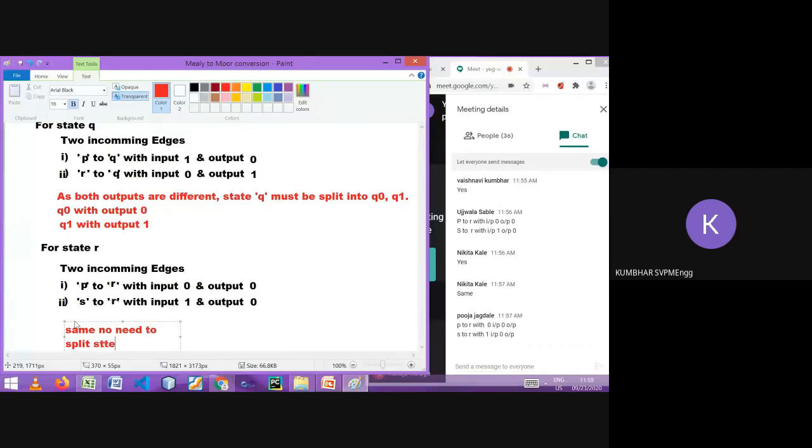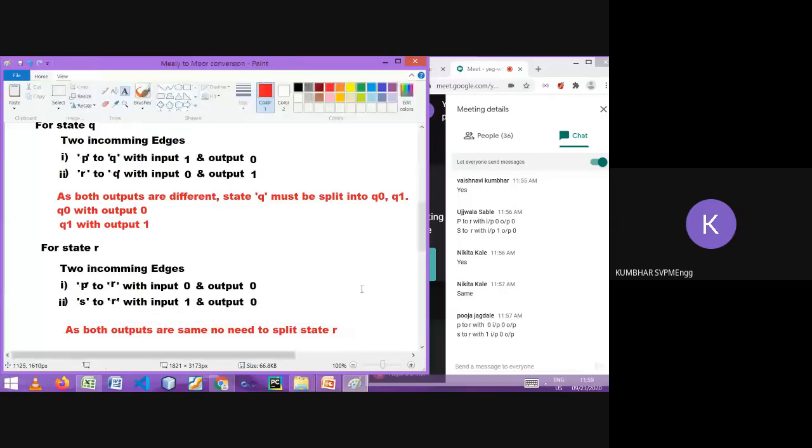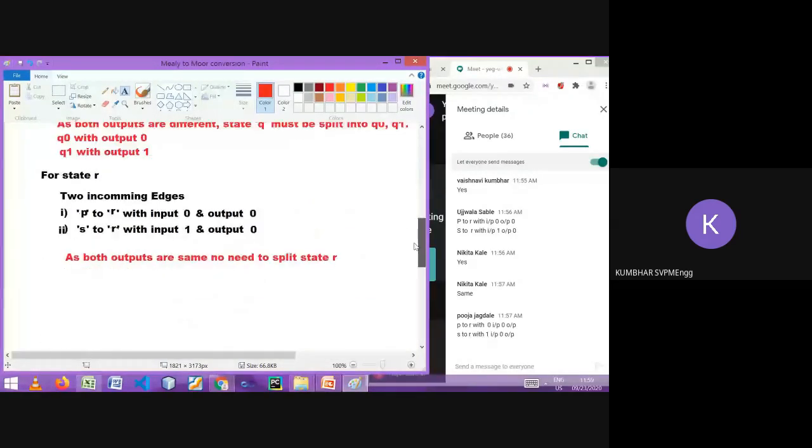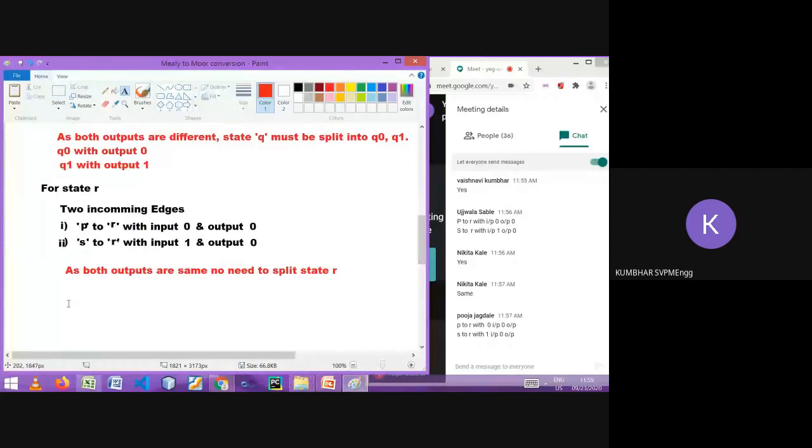Which state? R. Correct? The same statement we should write to the P also, but since I am sharing with you for the first time, I have not written it here. No need to split, but you can also note it here. No need to split the state P. Same for R. Let's go for the next state.